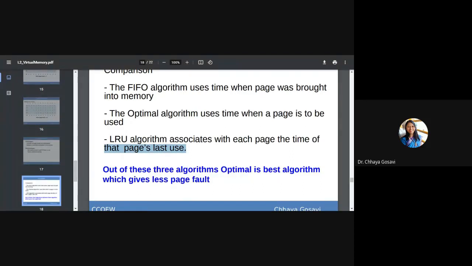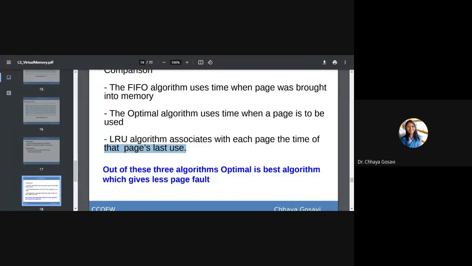If you try to implement these algorithms either in Java or C or C++, in case of FIFO you need a simple queue, first in first out as the name says. So you can implement FIFO with a simple queue, no need of a circular queue. For optimal you need something like a priority queue. For every newly entered page you have to attach its future index, and you have to choose the maximum future index for replacement. If that page is used far later in the future, you choose it for replacement.